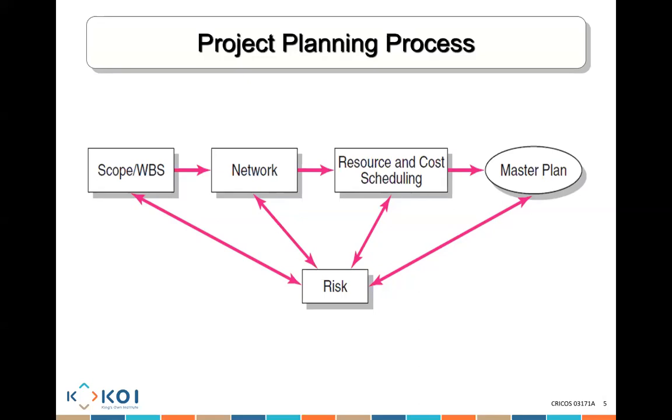Then from the network, we go and say, all right, let me make that network, which is focused on the time, let me make it a scheduled plan by allocating to that network enough resources, or how many resources I have. And because I allocate resources and I know how much money each resource will cost me, and I know when I need them, I can know the scheduling is correct because I know whether I can meet the plan on time. And at the same time, I can see the cost that is going to be incurred